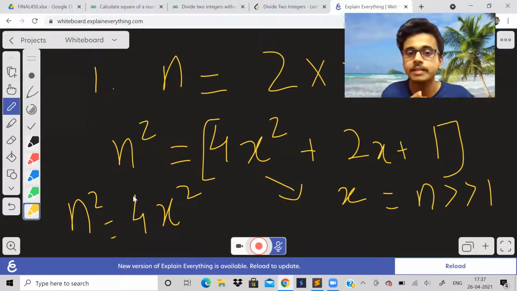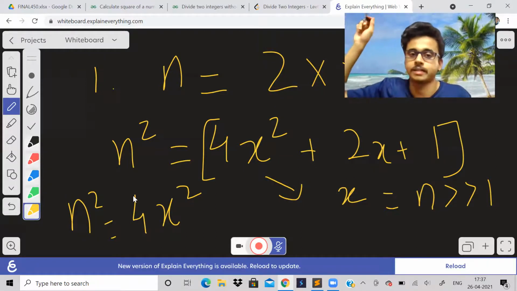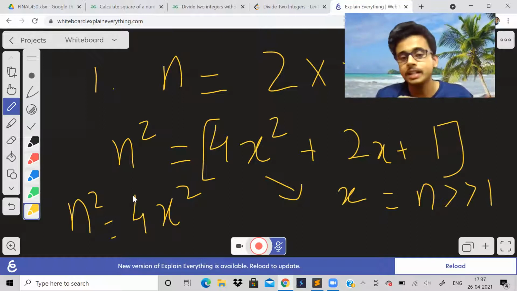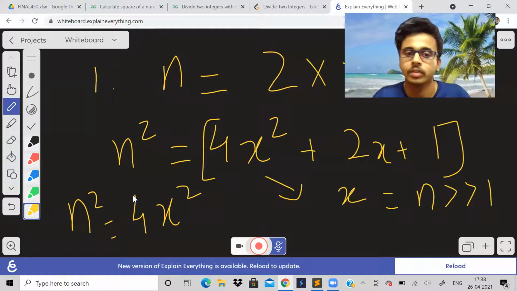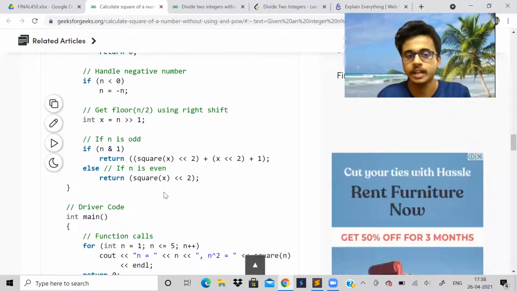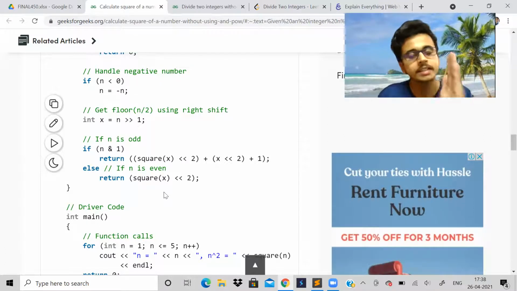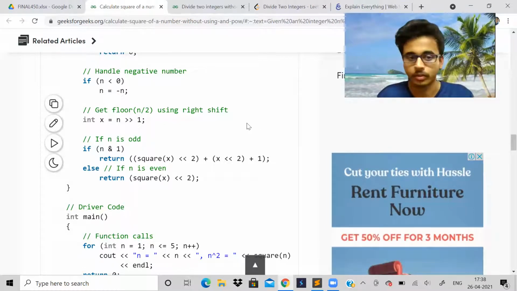Left shift means multiplying the number by 2 power some number x. Right shift means dividing by 2 power some number x, like that. So left shift, right shift, you have to know these basics. So this is one method actually. This code they've given over here is very nice. This is one method, this is also mathematical, and this is nice. It's a different approach. Let us talk about one more approach now.